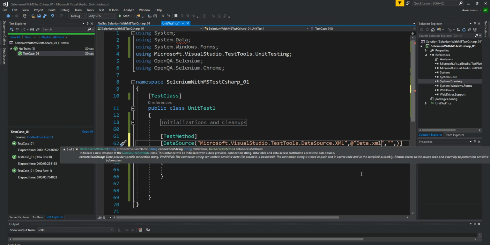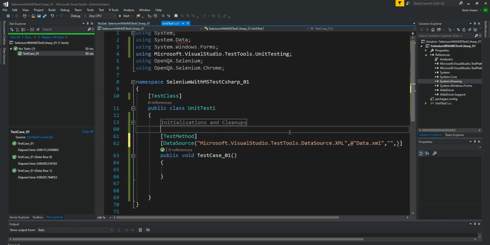Since my data file is present in the same project folder having the DLL file or bin folder, you don't need to give the entire path. Otherwise, if your data file is present in some other location, then you need to put the complete file path here.